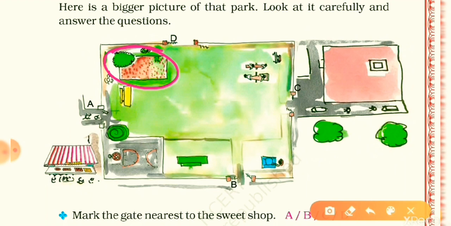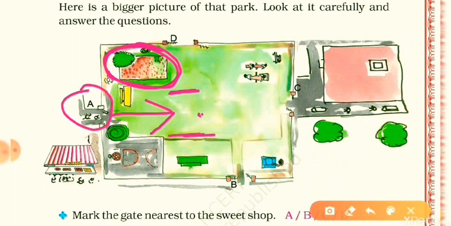Nice. Now you have two gates which are near this flower bed. The first one is gate A. So let's enter from gate A. Suppose that we are entering from this one. This will be your face side, this is your left and this is your right. So you can see that the flower bed is on the left side if we enter from gate A.